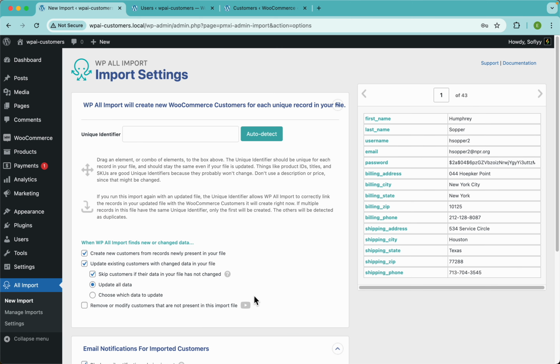Now here on step 4, guys, the first thing we need to take care of is the unique identifier. Now, the unique identifier is what WP import uses to tell one record apart from the other, and this way WP import knows when to create a new record and when to update one of the records from this file, right? So if you click on auto detect, WP import will scan this file and find the right unique identifier